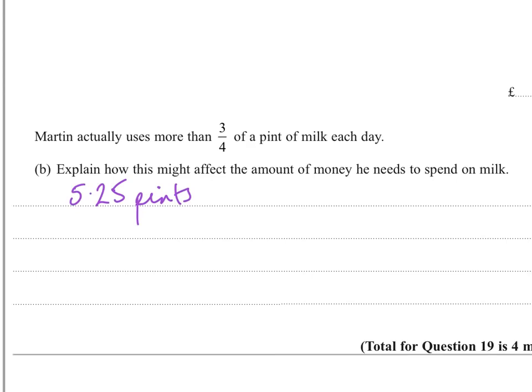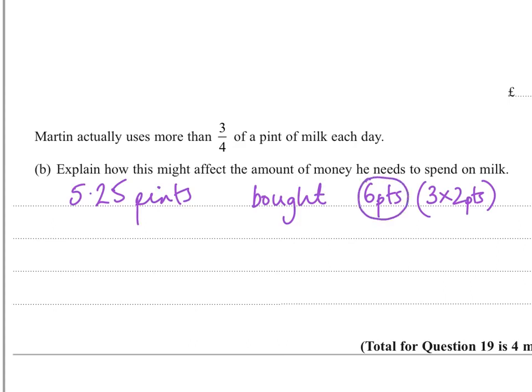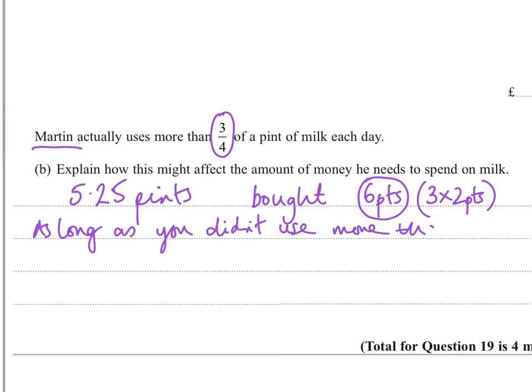And don't forget, in part A, you bought 6 pints because you bought 3 of the 2 pints. Okay? Now, that meant that you had 6 pints available. And if you imagined you were Martin here and you actually used more than 3/4 of a pint of milk each day, then I would say, as long as you didn't use more than 6 pints in the week,